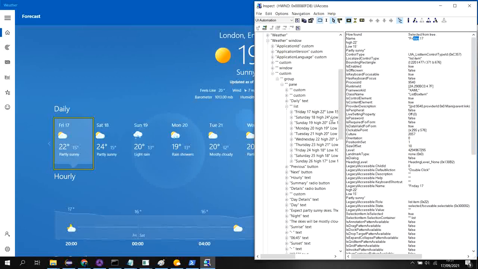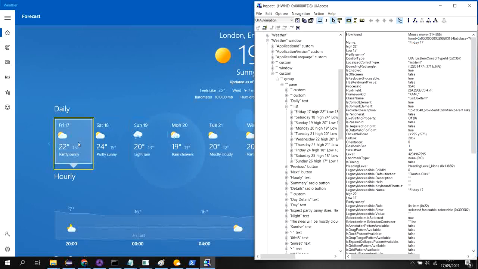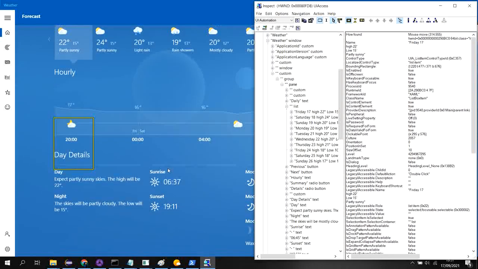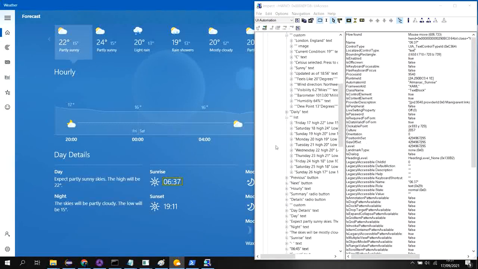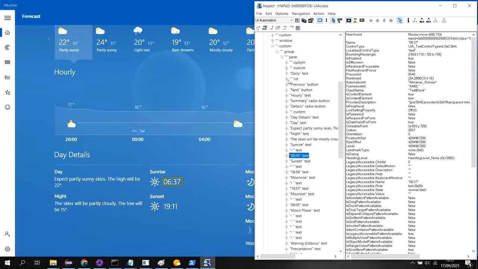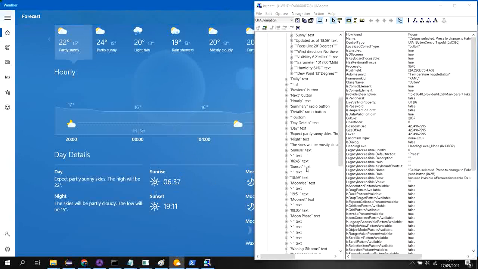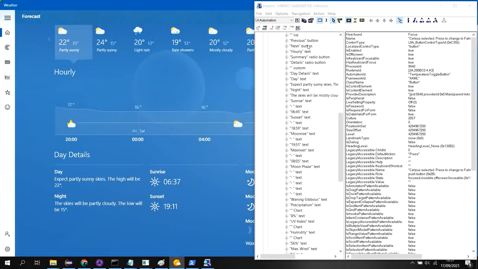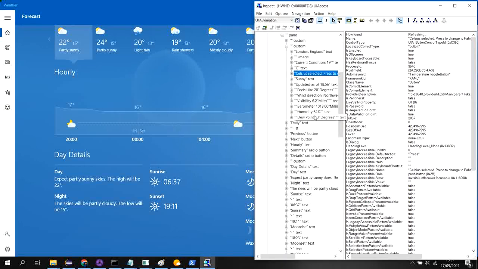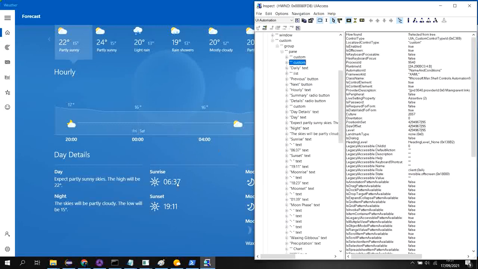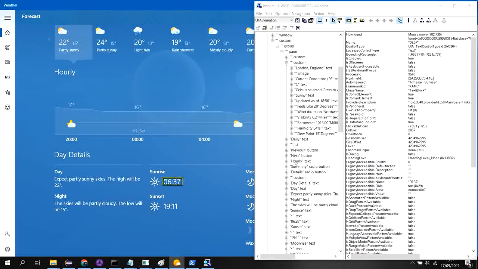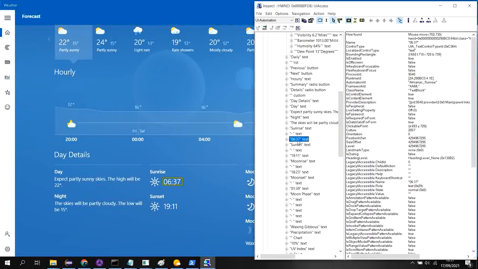Okay, and based on that, if I click on that one, below there is a sunrise and sunset time showing. You can check. If I click on that one, I'm just minimizing these things so that you can understand. Okay, so there is a time showing. Just refresh this one. See, there is a text.